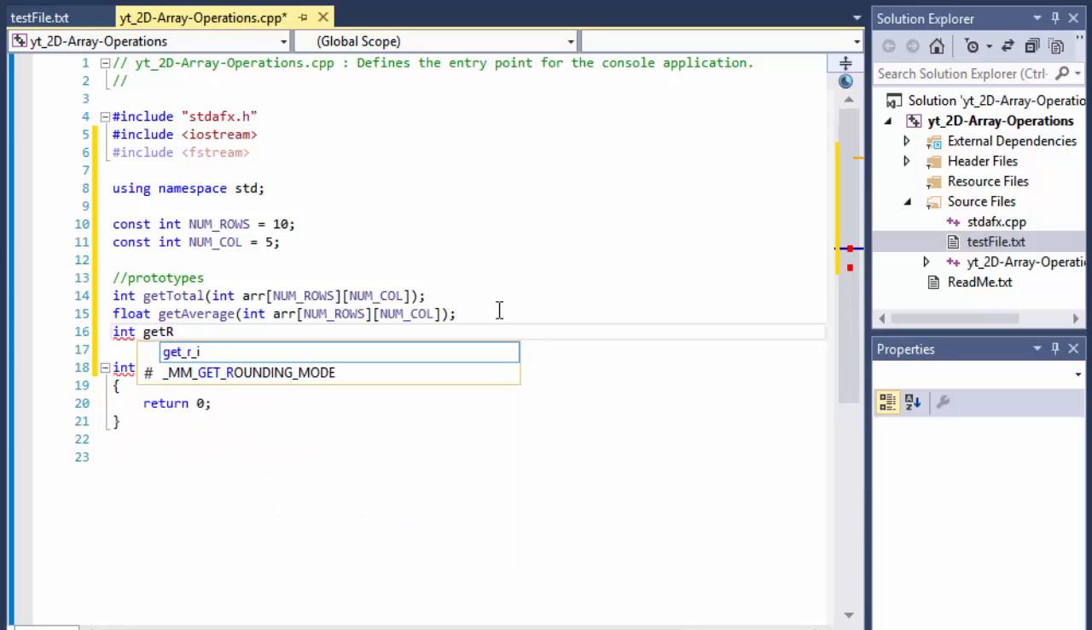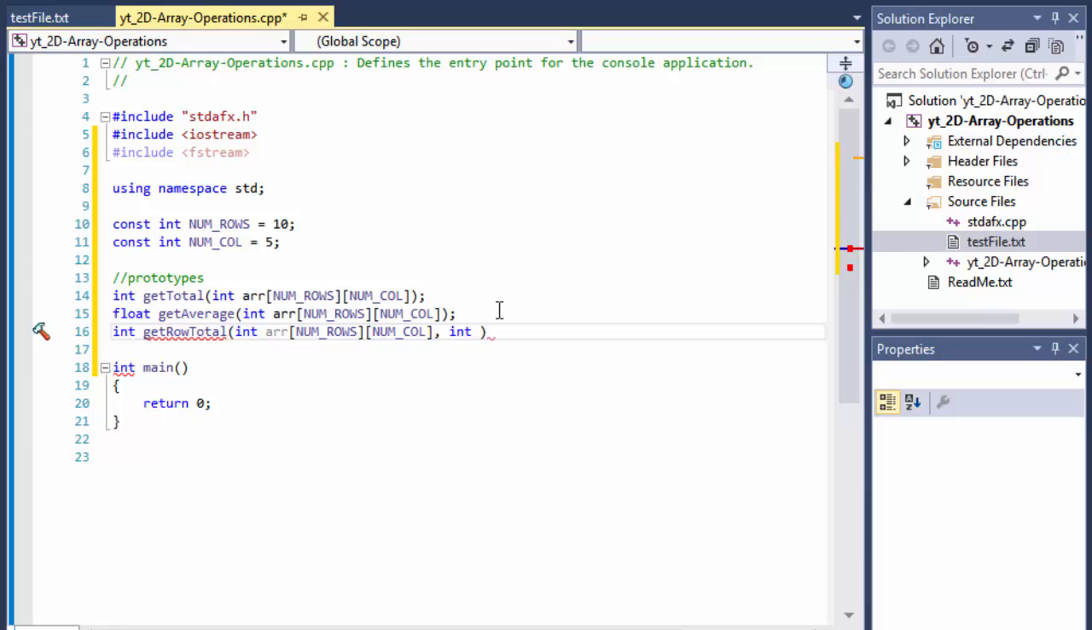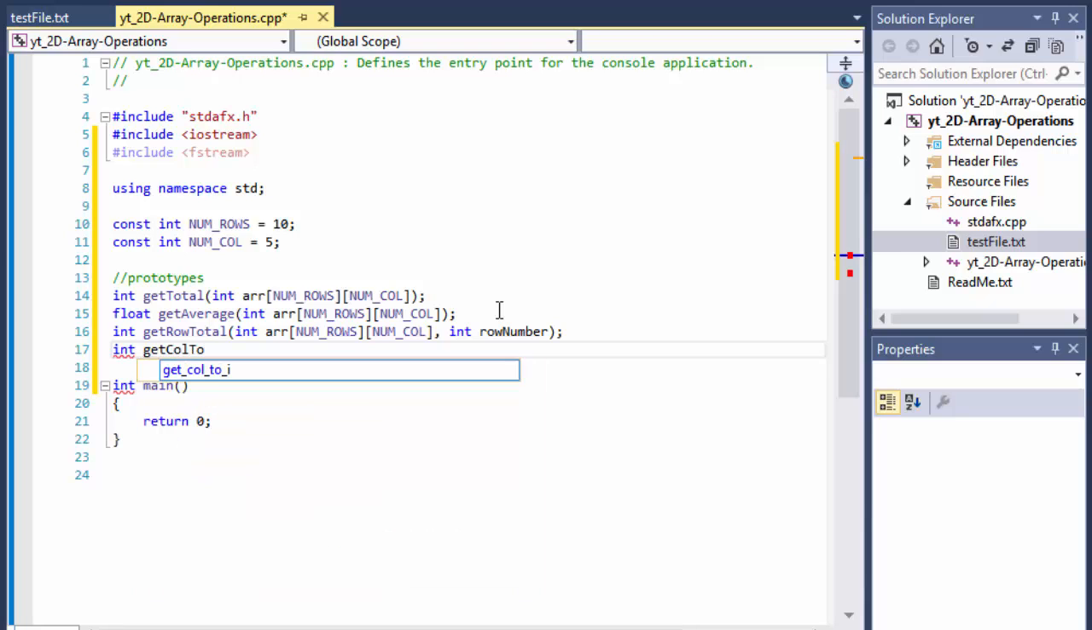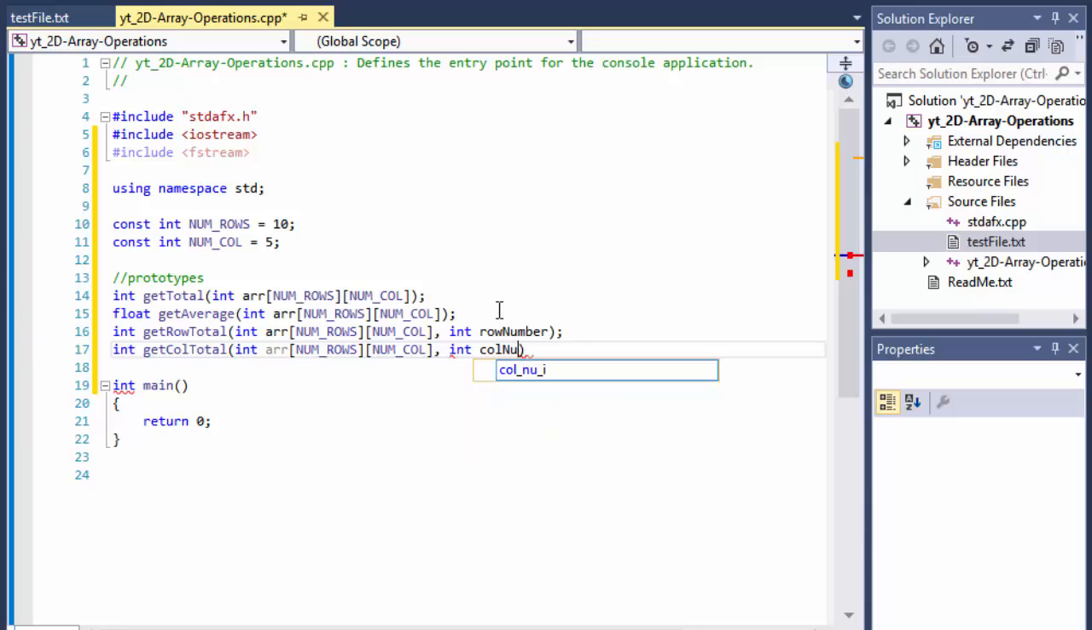So getRowTotal, and once again it takes the array, but it also is going to take the row number that the user supplies as an integer, and integer getColumnTotal. Again, it's gonna be the same thing, integer, so it's gonna be column number,